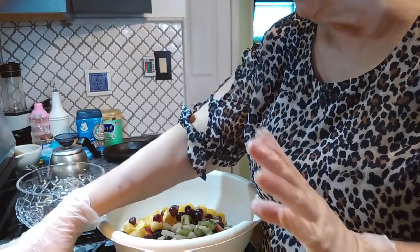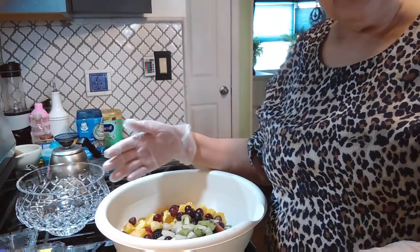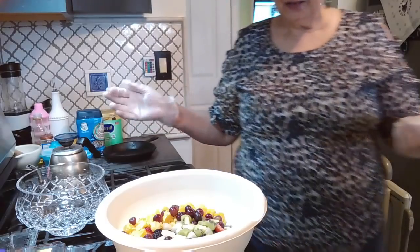container of fresh blueberries. Now the reason I decided to put so many berries in it is because the berries were on sale this week at the local Stop and Shop for two packages for $5, which is a great